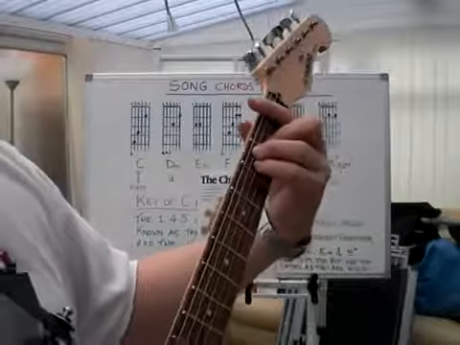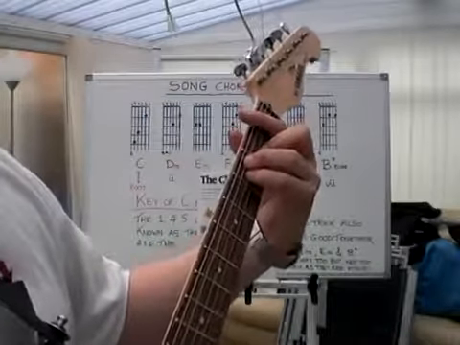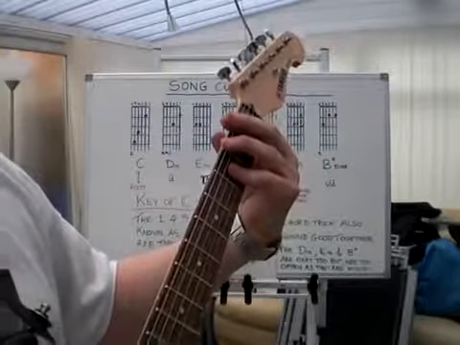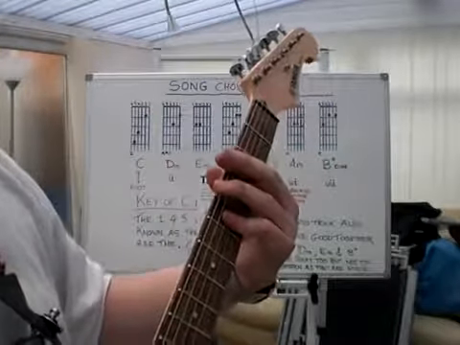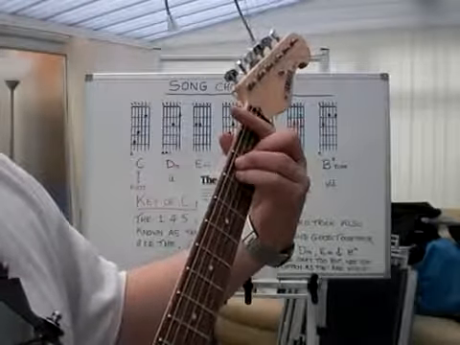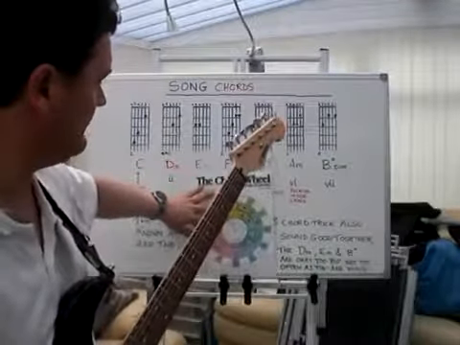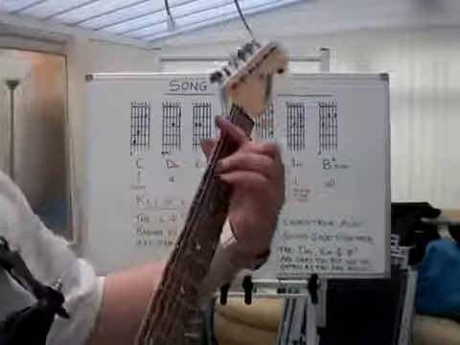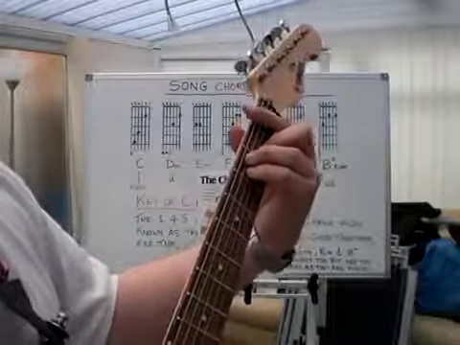Let's go for the F. Change it around to the F there. So we've got F, B flat, C. Might throw in a D minor too, shall we? So F,